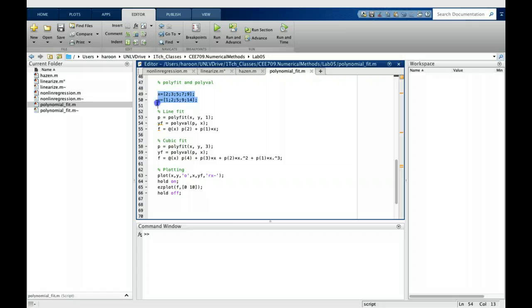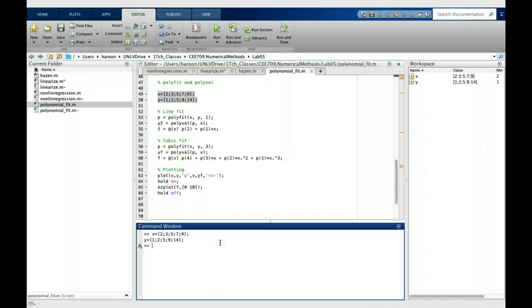So again, let's use our observations of x and y from previous problems, but now instead of applying pseudo inverse,